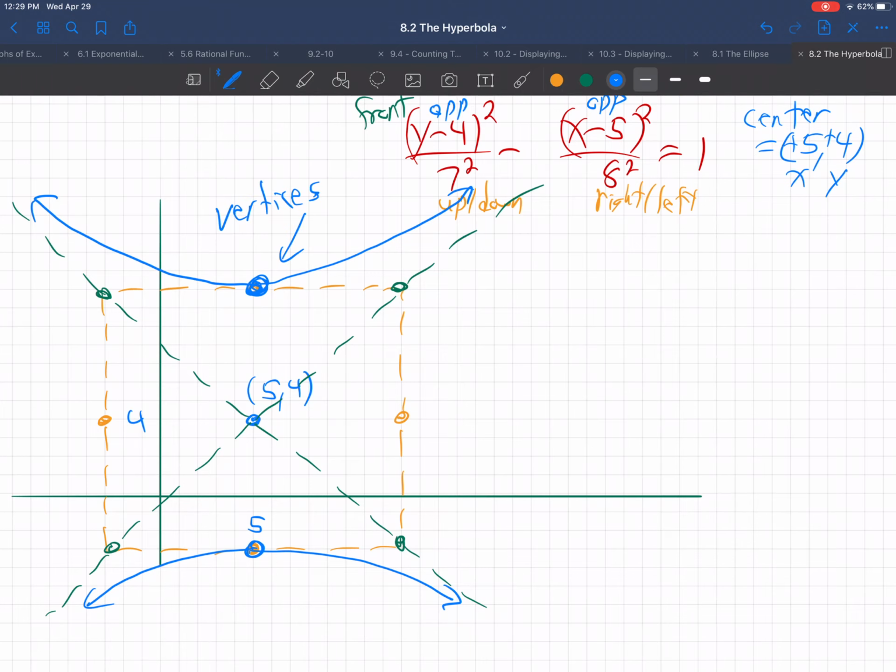There and there. So the vertices. What are the coordinates of that point? Can you tell? It looks like it's over 5, up... what is it? This is 4,